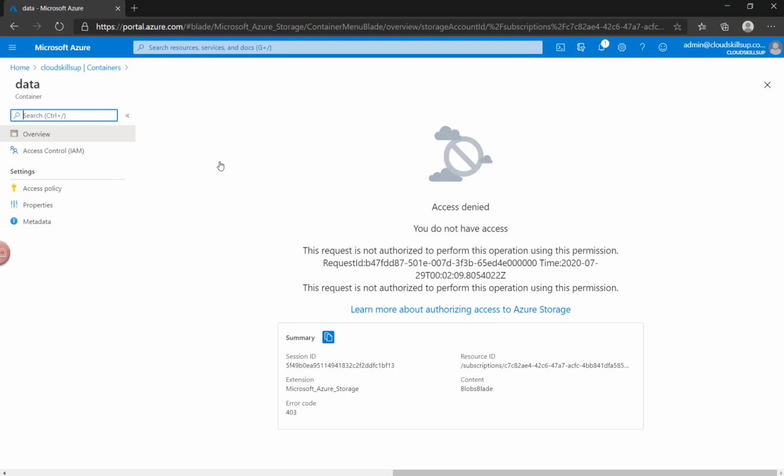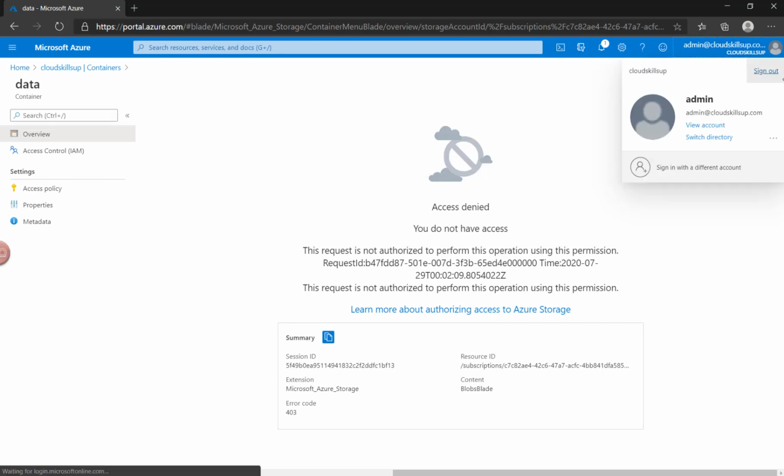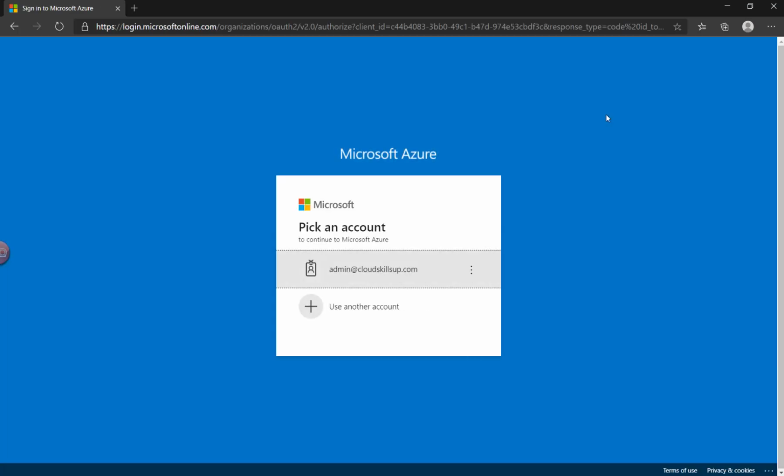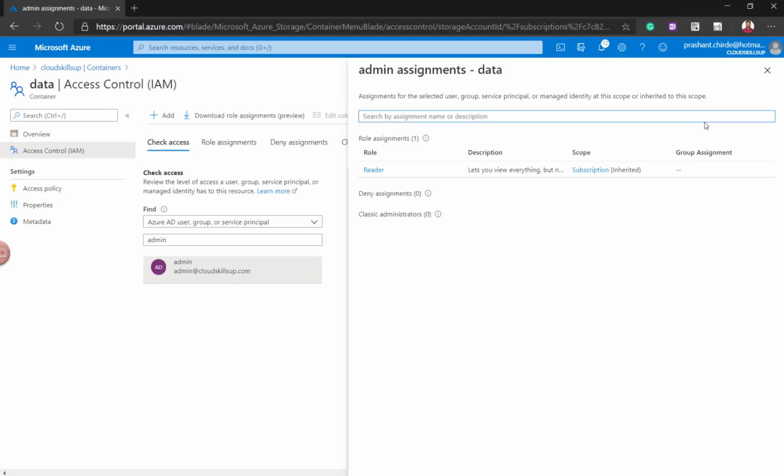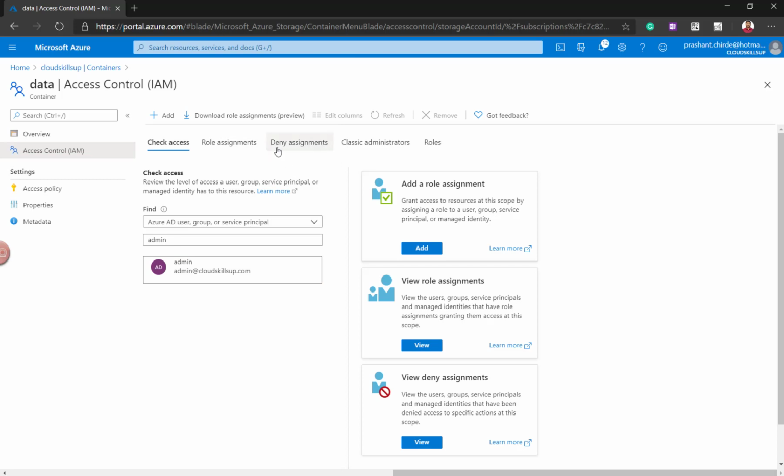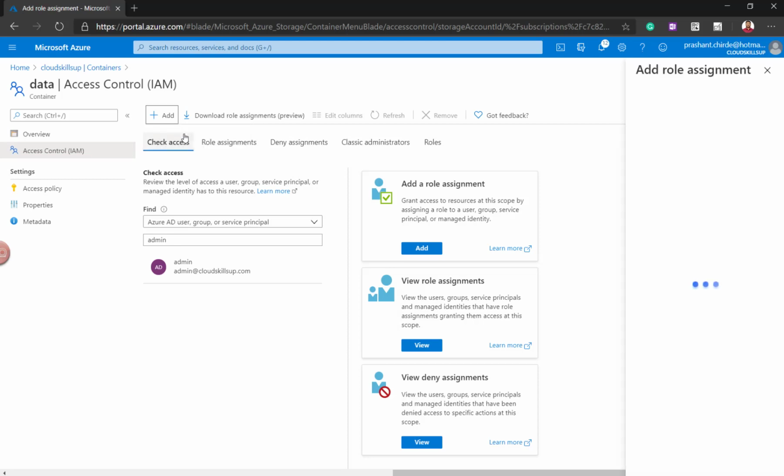So let's do one thing. I will sign out for this particular user, and I will move on to the global administrator console, and I will provide the permission to this particular user. Basically we are going to assign a role to this user. Just click on the add button and click on add role assignment.